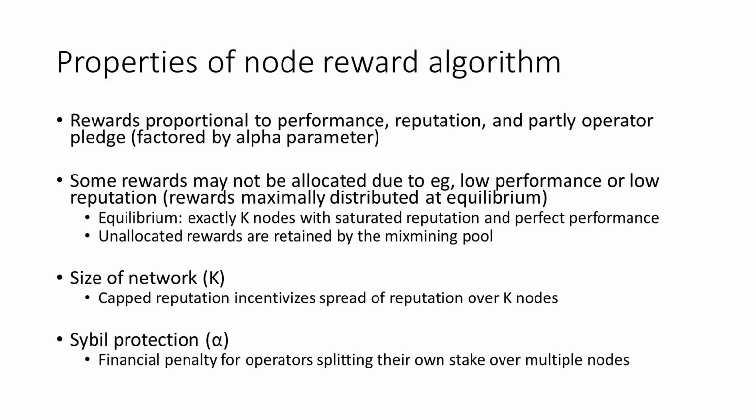If you have less than full saturation, you're proportionally already diminished by the proportion of stake saturation that you're missing. And then the next element depends on the share of work that you're doing. Currently, because all the nodes are active, the share of work is basically 1/k. So if you don't have a standby, share of work is 1/k. And then this alpha parameter, which is a Sybil protection factor, multiplies the bond